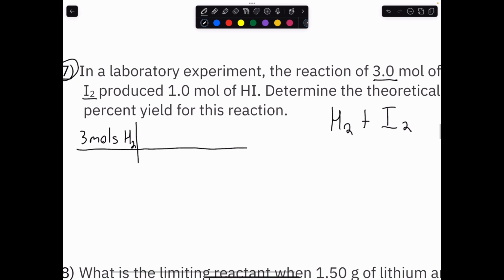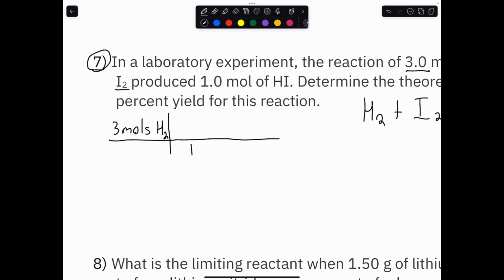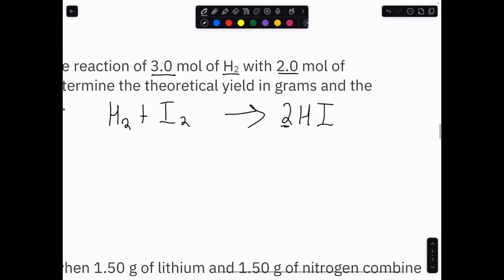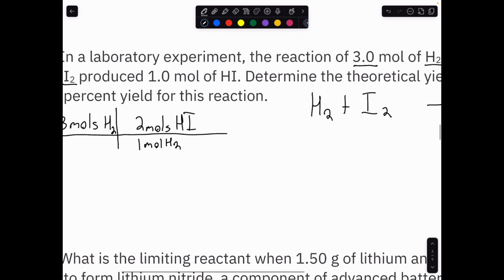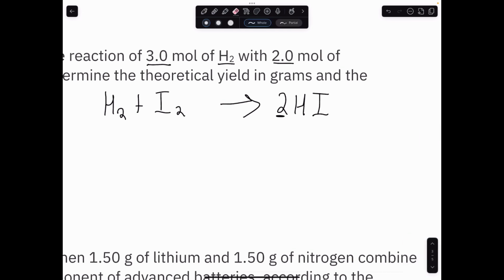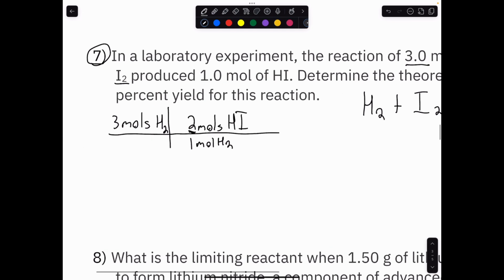For every 1 mole of H2, I'm going to put moles because I don't want to confuse you guys. 1 mole of H2, you get 2 moles of HI, and we're not going to have that 2 in front of there because that's our 2 right here. Oh, and then you do this. So then we are going to then take 1 mole of HI